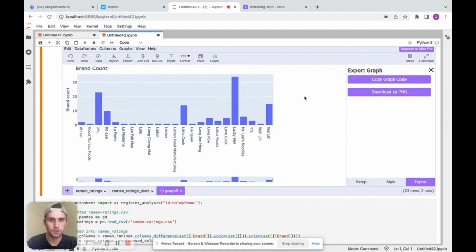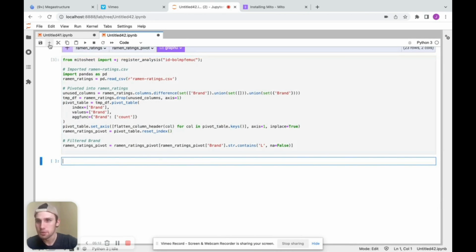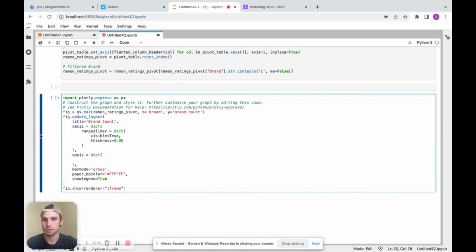And now I can export this code. So this is Plotly that we're using here. So we can generate Plotly code. I'll click copy graph code. And first I'm going to run this cell, and then I'm going to add another cell, and we'll see we copy this graph code. So this is a really good example of how Mito can generate code super quickly,